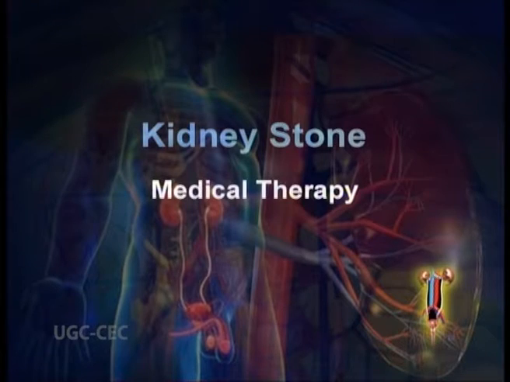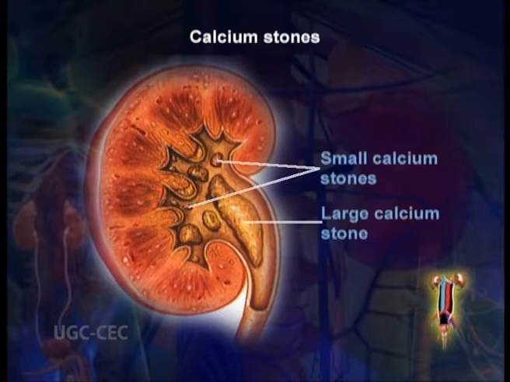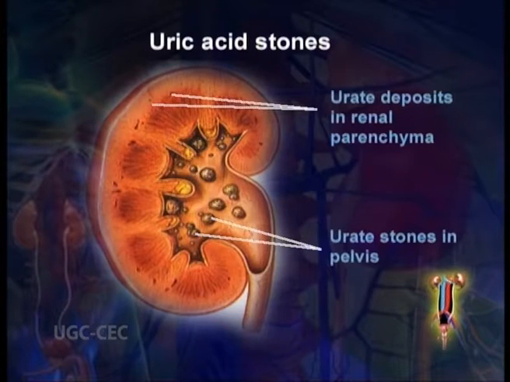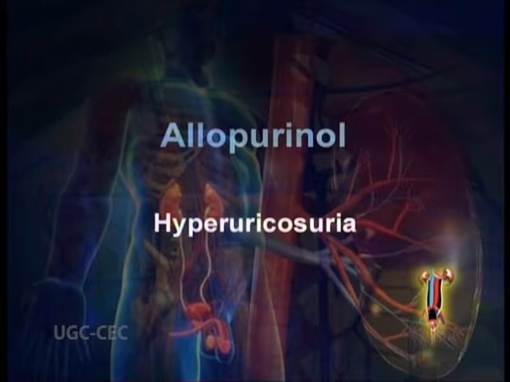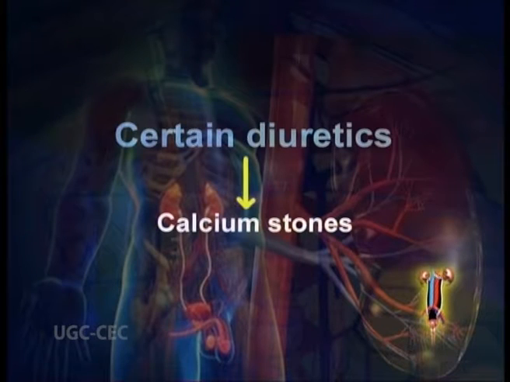The first treatment of kidney stone is medical therapy. A doctor may prescribe certain medications to prevent calcium and uric acid stones. These medicines control the amount of acid or alkali in the urine, which are key factors in crystal formation. The medicine allopurinol may also be useful in some cases of hyperuricosuria. Doctors usually try to control hypercalciuria and thus prevent calcium stones by prescribing certain diuretics. These medicines decrease the amount of calcium released by the kidneys